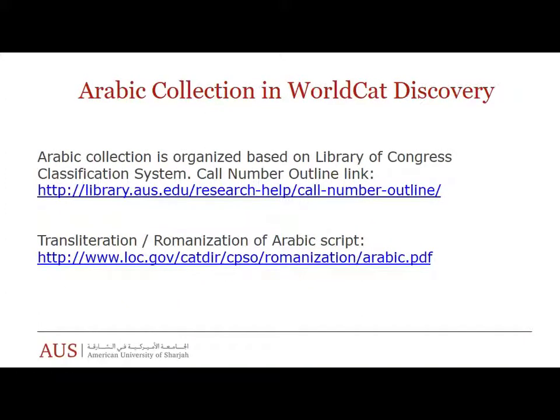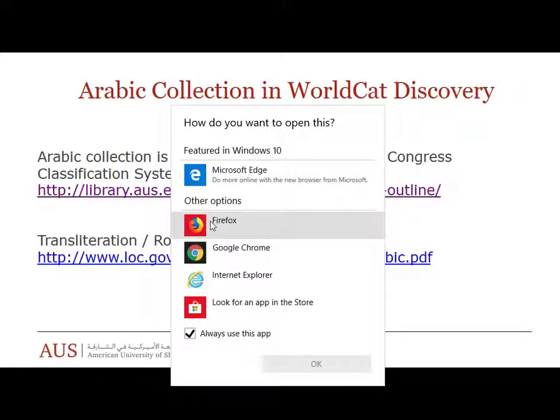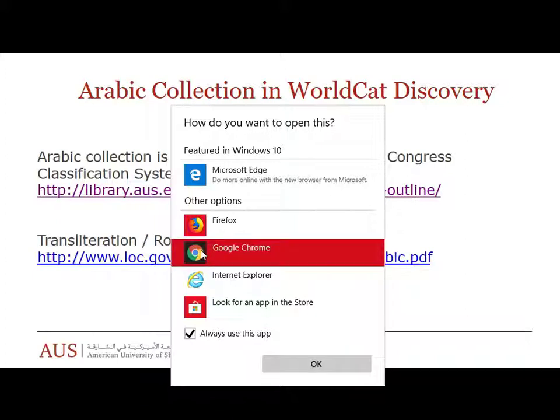So the Arabic collection in AUS Library is organized based on the Library of Congress classification system. It's a system that aims at sorting books or organizing them based on their area of study. So you will find books that talk about a certain topic organized, classified, or placed in the same section. We have a link here to AUS Library website, where it gives you some information about this system, the Library